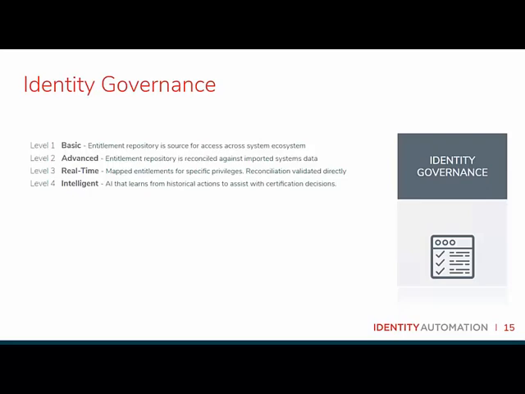Now, in advanced level 2, we're assuring that what's in the entitlement repository matches what's actually been provisioned by programmatically looking at the accesses defined in the applications themselves. Level 2 is achieved when we're able to reconcile the entitlement repository to the applications. I know that gets a little complicated, but if we use Active Directory as an example, if we are able to reconcile an enabled Active Directory user account entitlement, like you were talking about before, Greg, to an active user account in Active Directory, then we've passed.